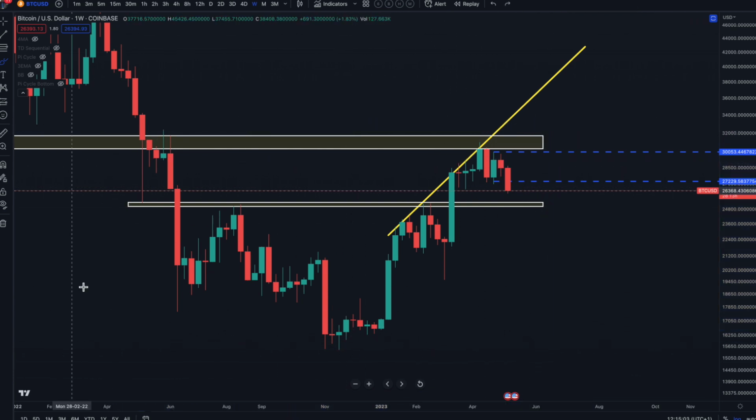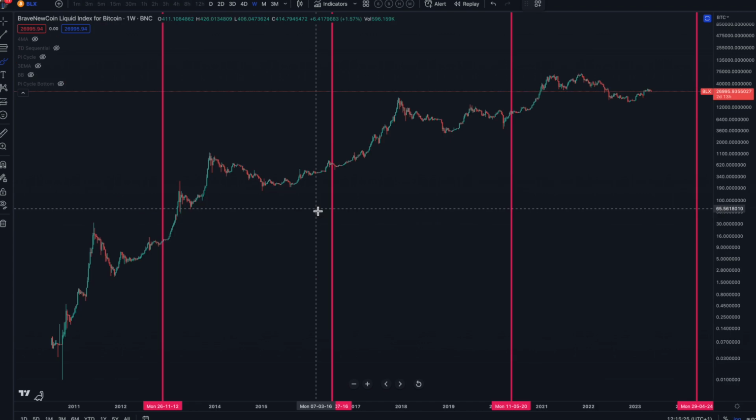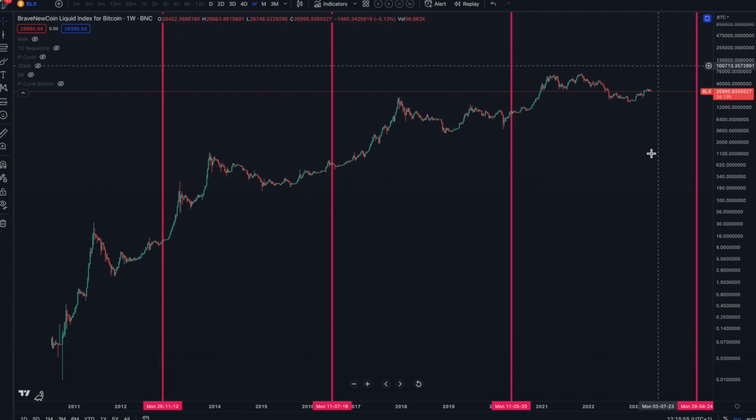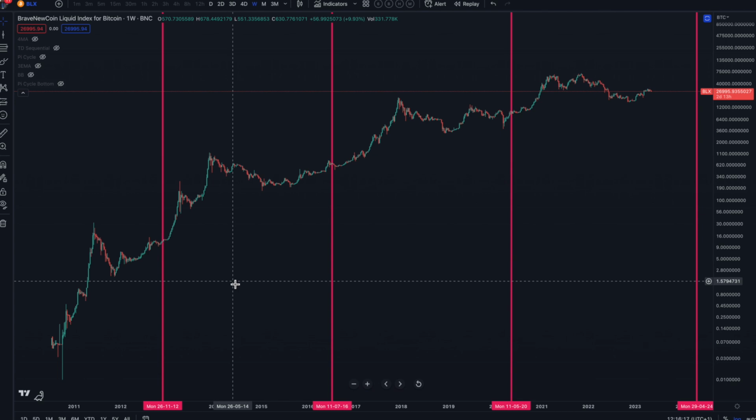But in order to actually make sense of all this, we really need to have a look at the overall bigger picture over the last 12-13 years, considering these halvings, these red vertical lines on the chart here. And we'll also have a look at the 60-day cycle to make sense of exactly how everything fits in with